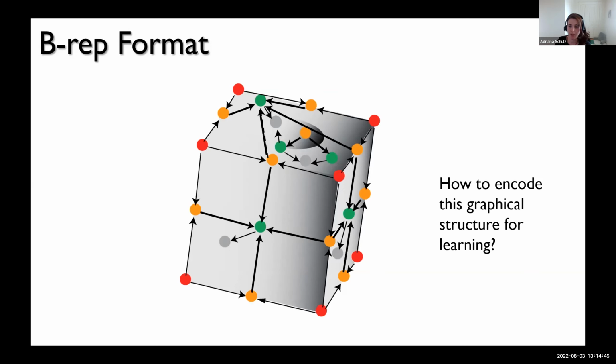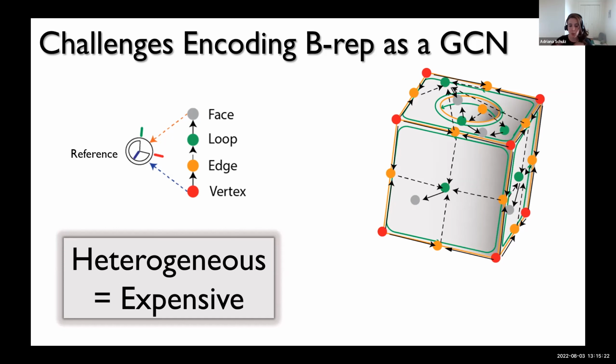The other issue that we have is that when we look at this graph, we actually need to understand a pretty large neighborhood, okay, to capture the type of information that we need on adjacency. So say, for example, I have this face here that I call A, which is this node in this graph, okay? And I'm trying to understand how it relates to this face here, B. Notice that to get from A to B, even though they are adjacent, I need to traverse 4 edges along this graph because I need to go from the face to the loop, from the loop to the edge to the other loop, and then to the other face. Does that make sense?